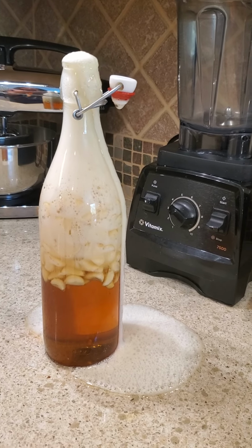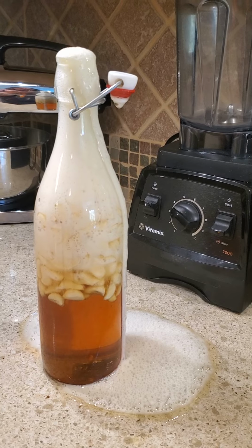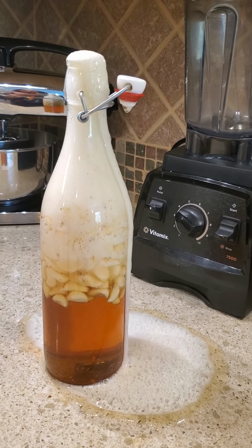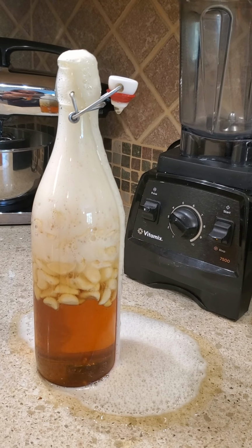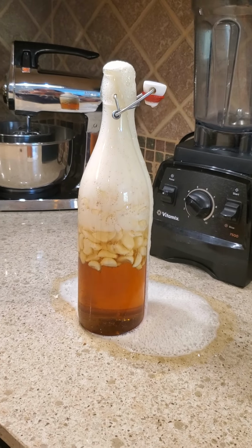So cool. I've never seen that before. So anyway, when that calms down a little bit, we'll put it on very loosely. It wasn't supposed to be tightened down. It was supposed to be just sitting there loose, and you're supposed to burp it. So hopefully that didn't ruin it, but if anything, I think it'll make it a little more